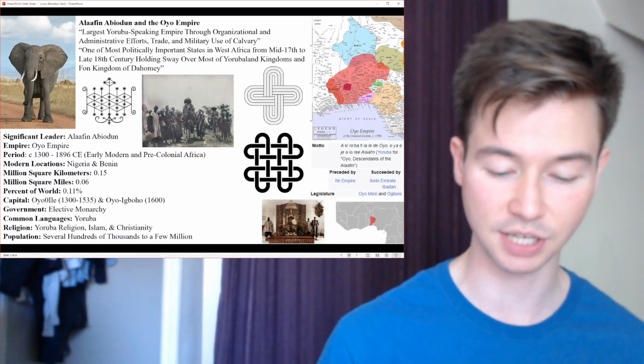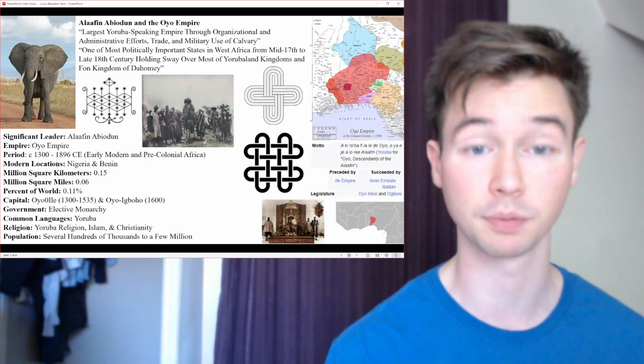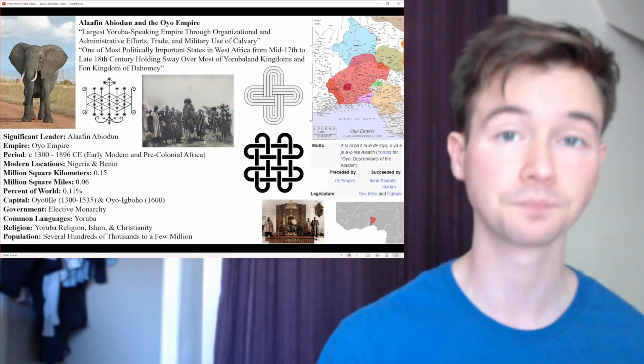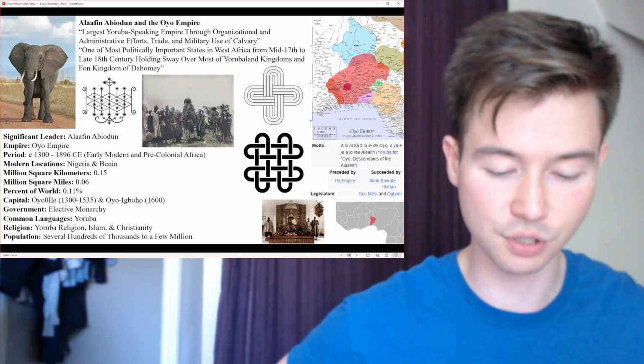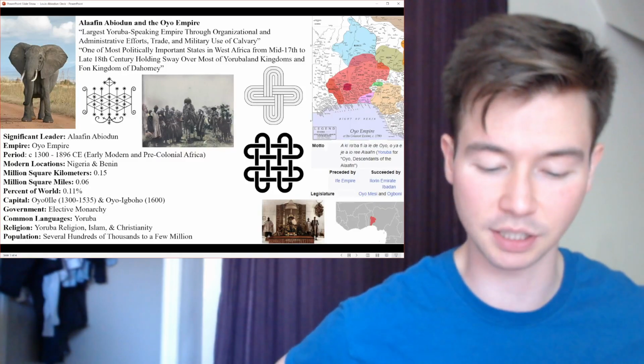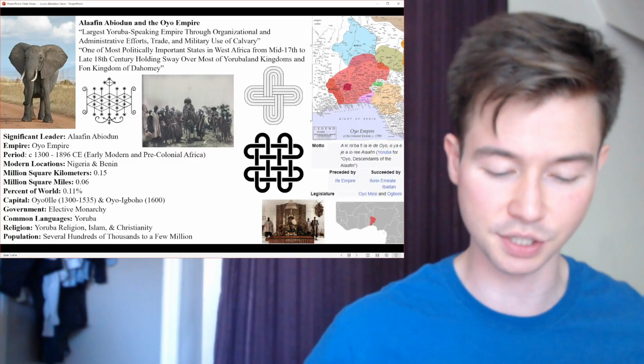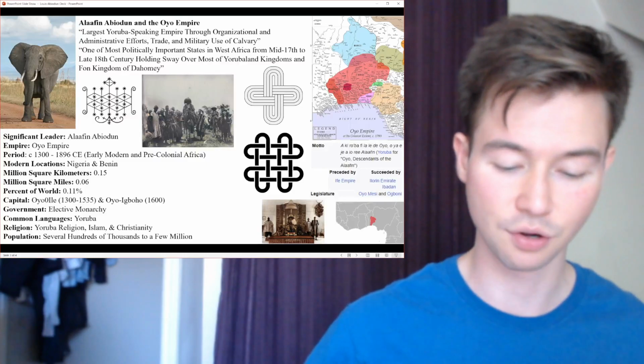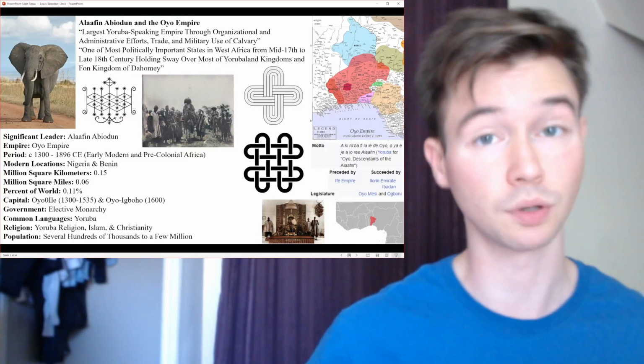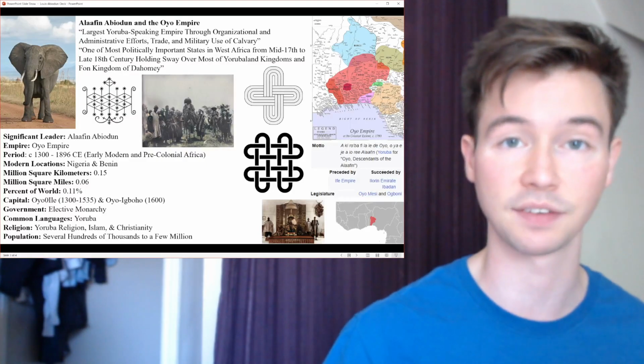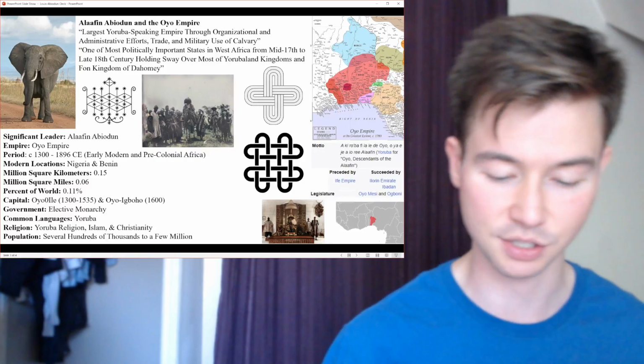and millet, which sustained the population and generated a surplus for trade. As for trade and commerce, Oyo's strategic location facilitated trade with various regions, including the coastal areas, northern states, and European merchants. So also having access to the coast was a significant advantage as well, bringing them access to colonial